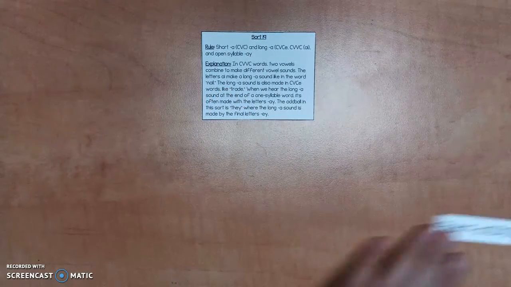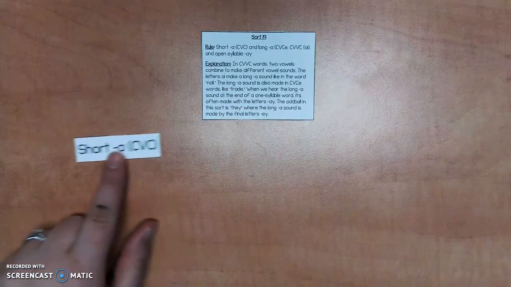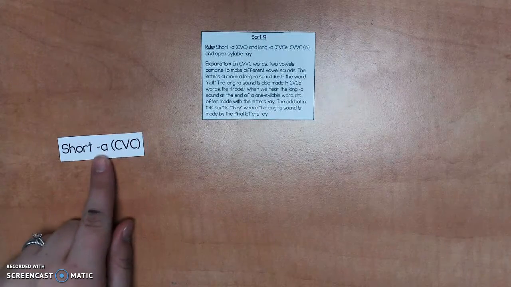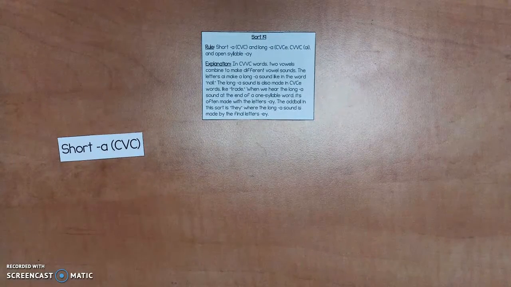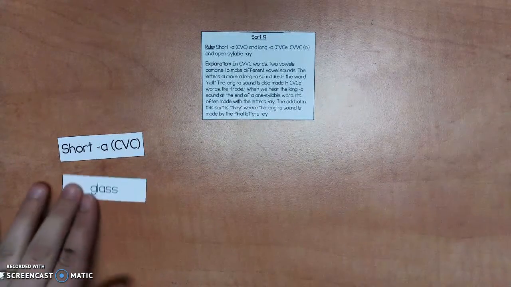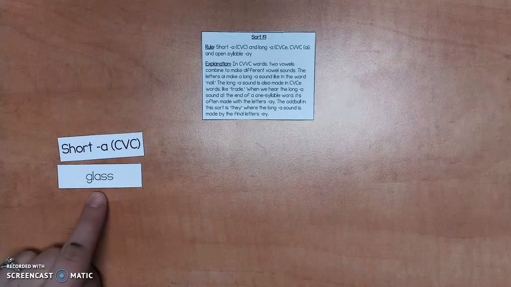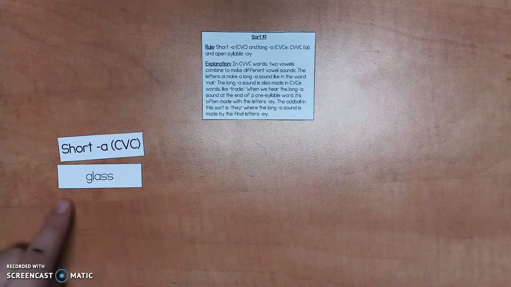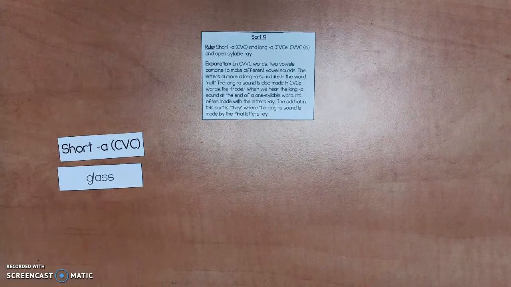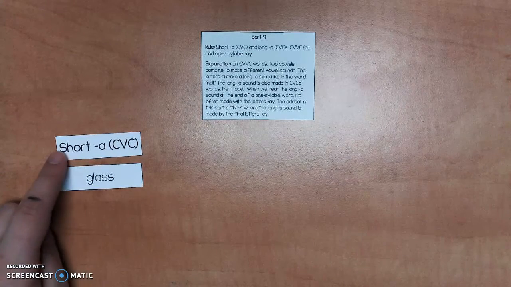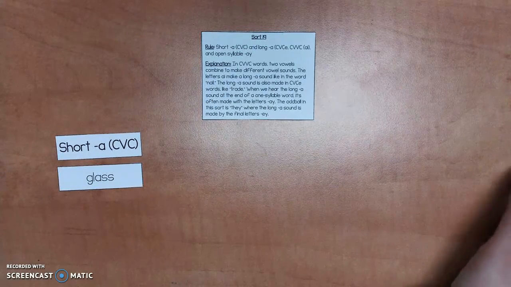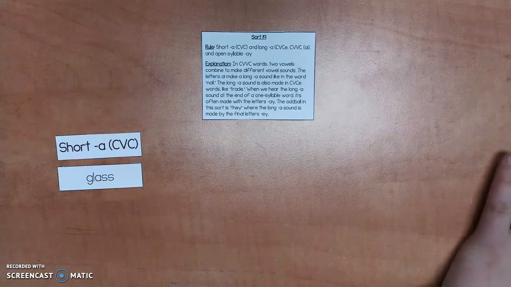So in this sort, we have our short A words. Those ones are the ones that are made by CVC words. So, for example, glass. We've got an ah sort of sound in the word glass. That would be a short A sound. We also have,